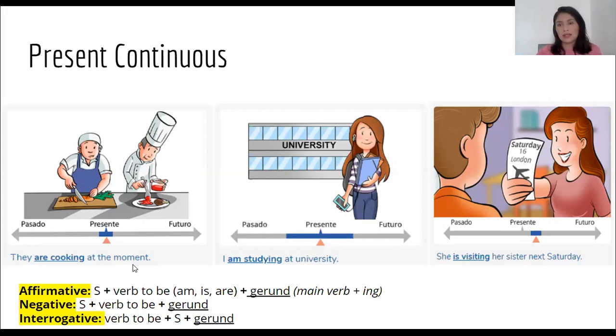Because of the context. It is not the same if I tell you I'm cooking pasta, or if I tell you, in front of you while we're talking, I'm watching a series. Of course you're able to see that I'm not watching a series. But if I tell you that I'm watching a series, it means that in the present of my life, that's what I'm doing. Okay? Or if I tell you in front of you, we're talking at this moment, and I tell you,